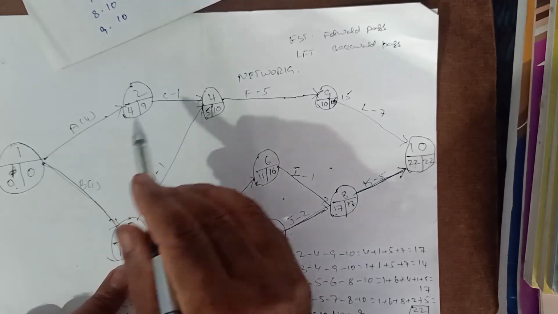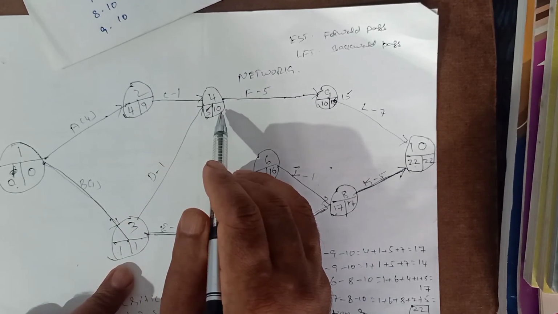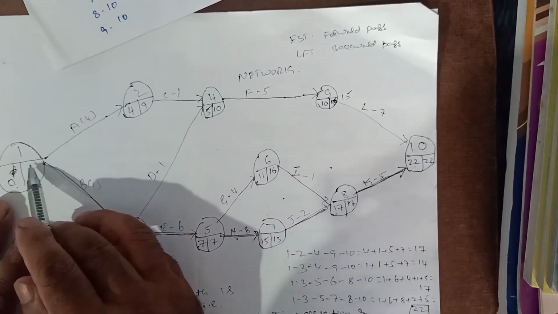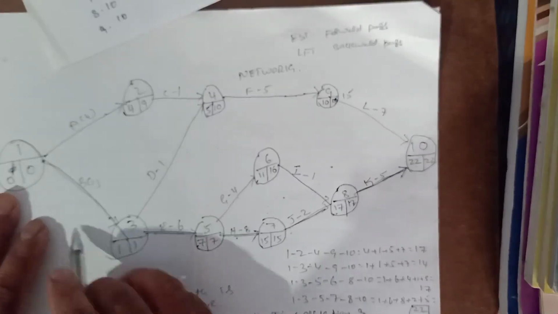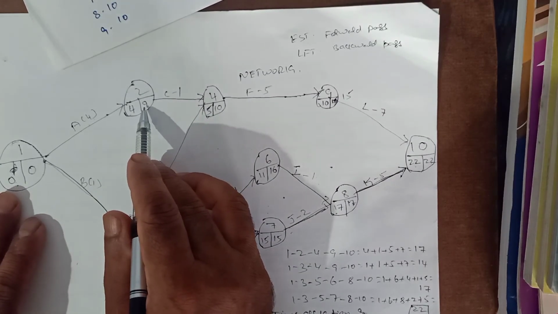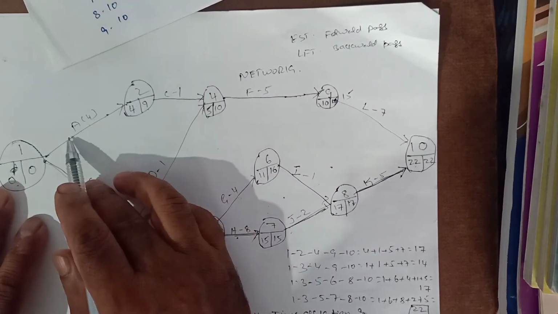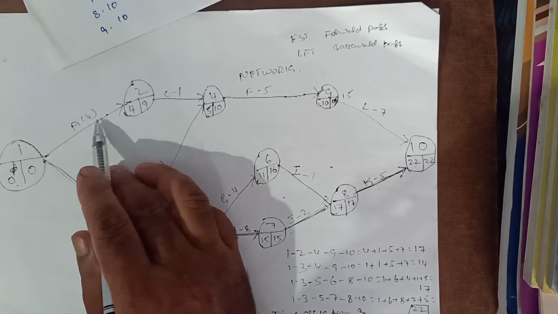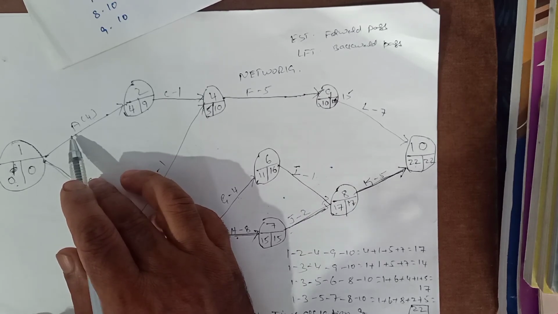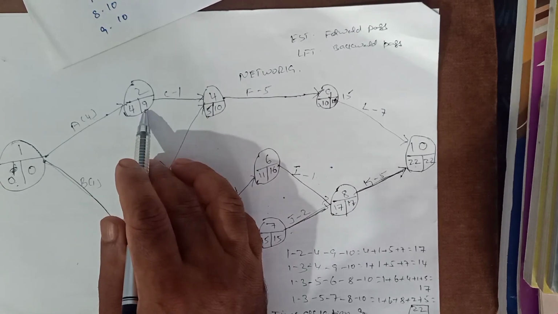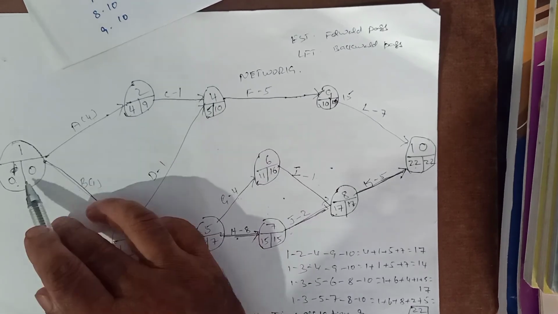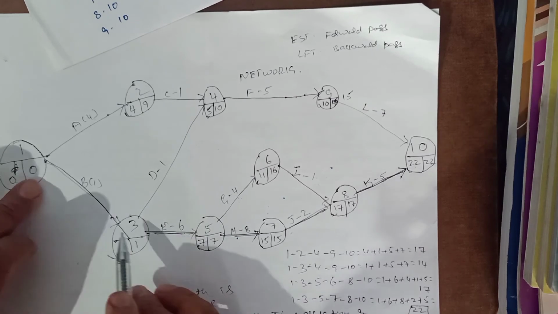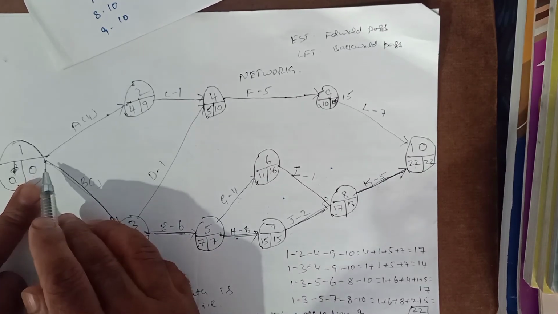So 9 minus 4, sorry, we should not take 9 minus 4 is equal to 5. You should not alter this because this is the longest path we have taken. Even though that means this activity can start on the 5th day also, to complete the activity on the 9th day, we should not alter it, because this is the critical path, that is 1 minus 1 is equal to 0.